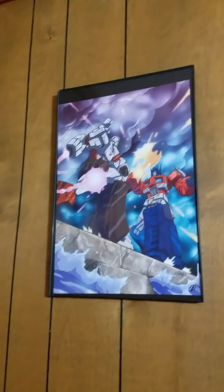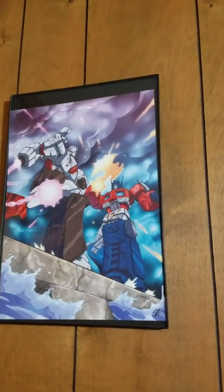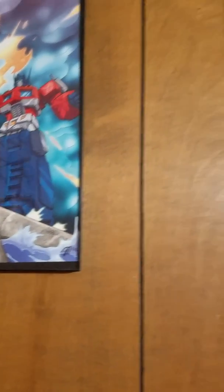We go on to the next one. Another one, again from Jean-Paul Beauvais. Prime and Megatron battling on top of the dam, with Jean-Paul's autograph there as well. And next in my collection,